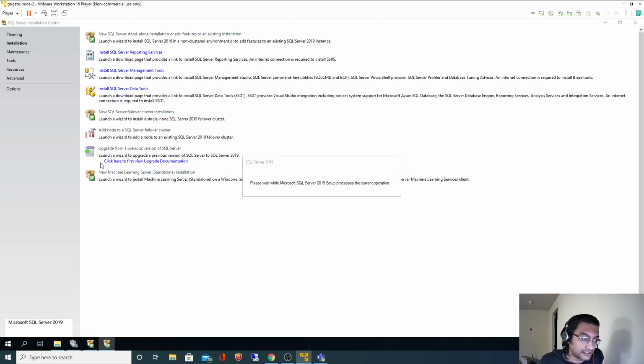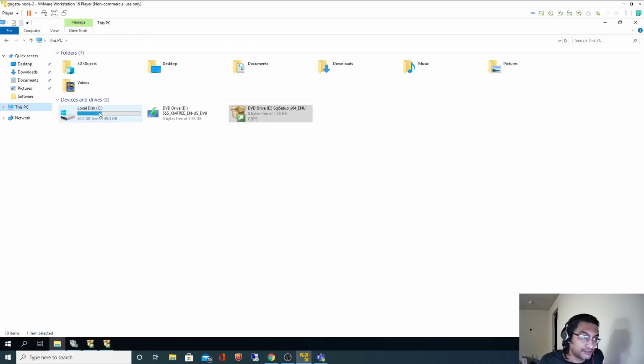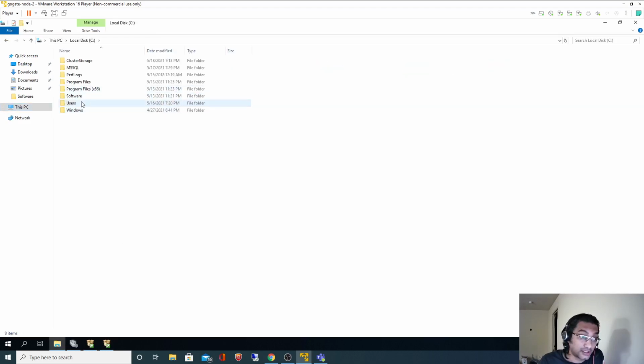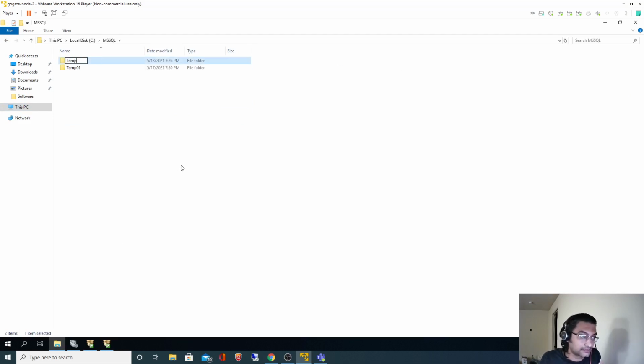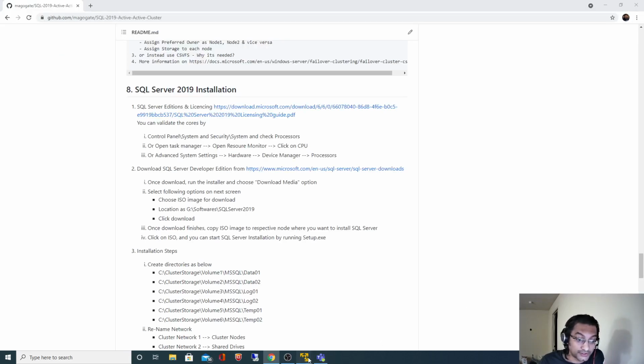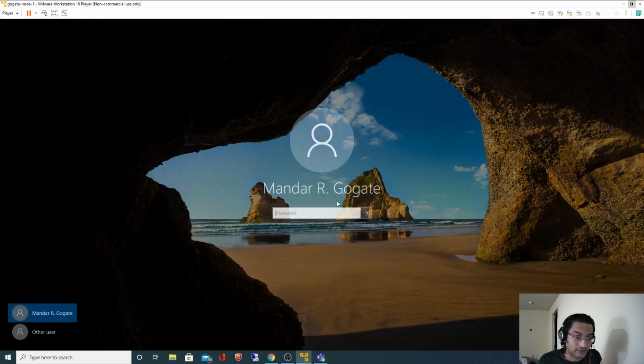One other thing I will have to do is this time I will keep my temporary database on a local drive instead of a shared drive. So I will create a new folder called temp02, and since it is a cluster environment, I need to create the same path on node 1, because we saw in the last video that if we don't do that, our SQL Server will not fail over.